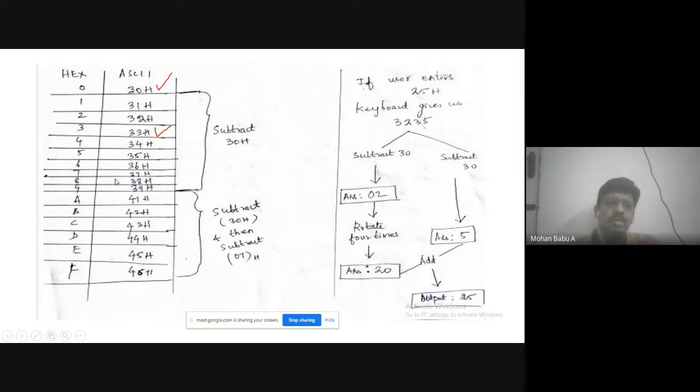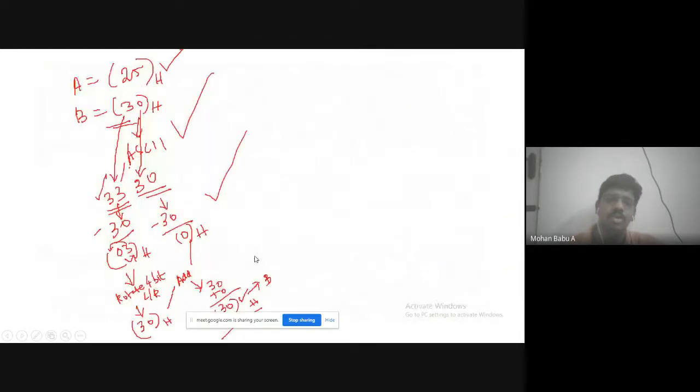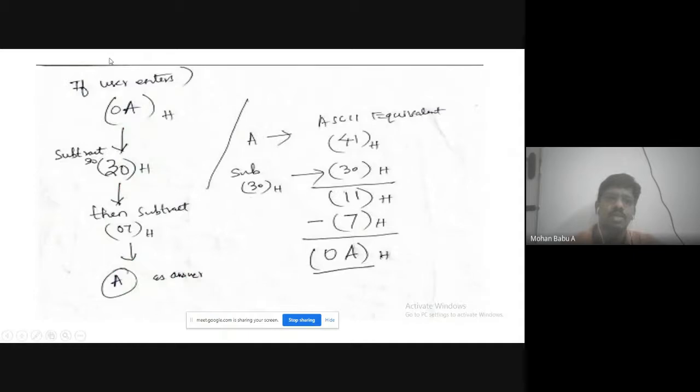If you enter any number from A to F, that is, if you enter any 8-bit input using alphabets A, B, C, D, E, F, you will need to subtract 30H, then you will need to subtract 7H. Now I will tell how to convert this to the original number. For example, if the user enters 0 as input, for 8-bit data input,